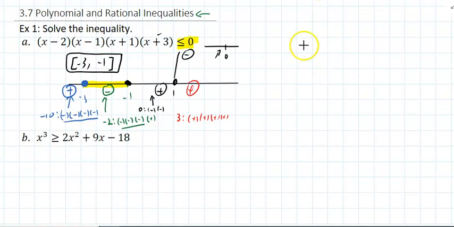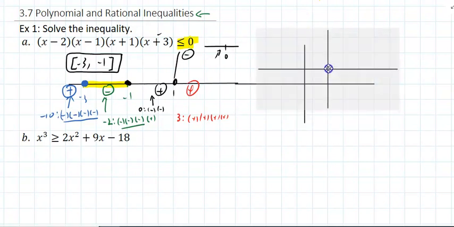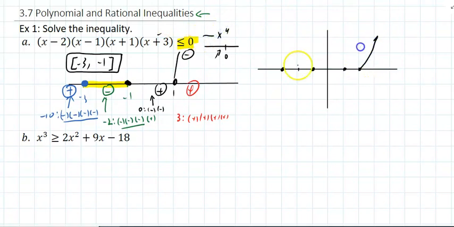An alternative is to sketch a graph of this. This is x to the 4th. It has 0 at 2, 1, -1, and -3. And this behaves like x to the 4th if you multiply those out. And the multiplicity on all of those is a 1. The y-intercept, if you put 0 in for x: -2 times, that's negative, that's a positive 2, times 1, that's 2, times 3, that's a 6. Since this is multiplicity 1,